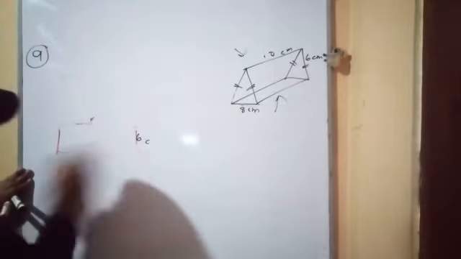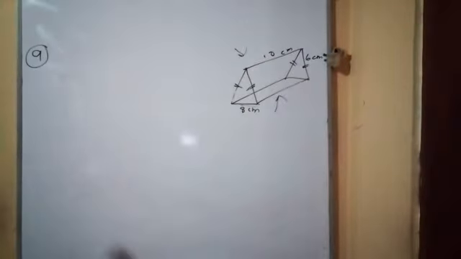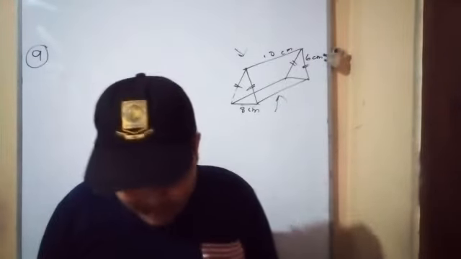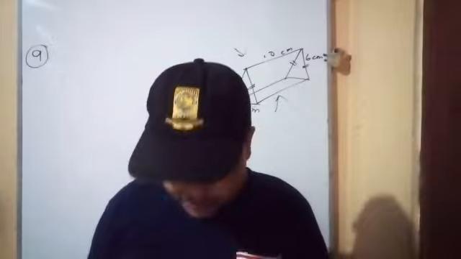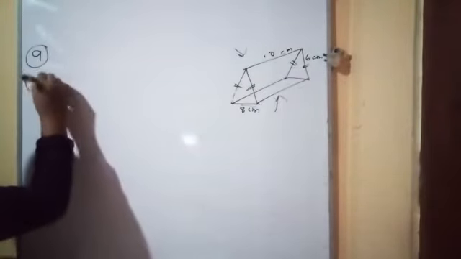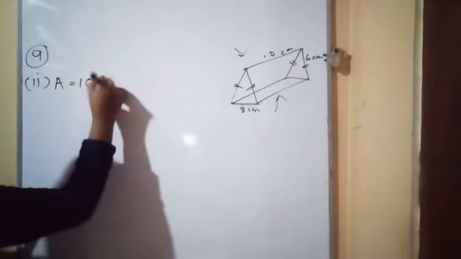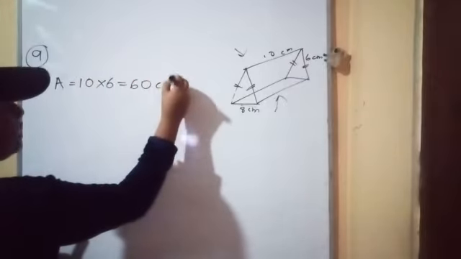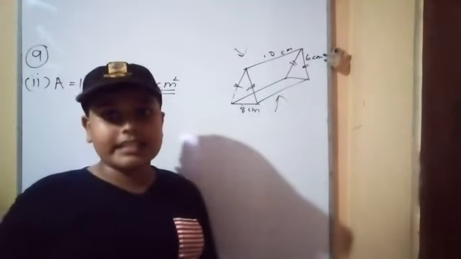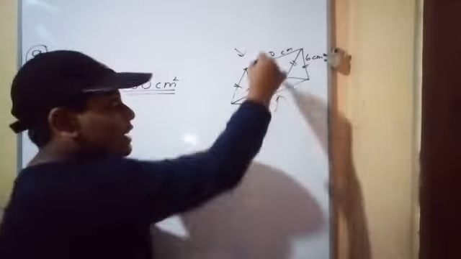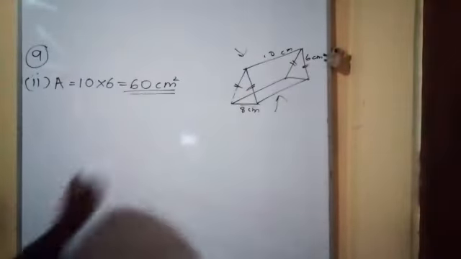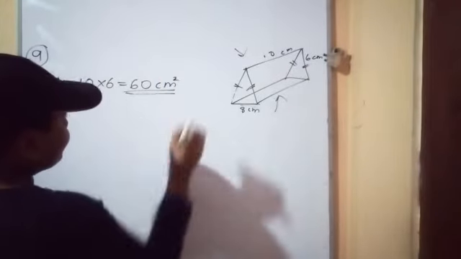Now what is the second sub question? If you missed the sub question, you can pause the video and check that. Second one: find the area of each of these faces separately. Let's check that now. Area: you find 10 multiply 6, which means 60 square centimeters, because the length is 10 and the width is 6 in that rectangle. Now this side and another side are all the same. So that means 60 square centimeters.